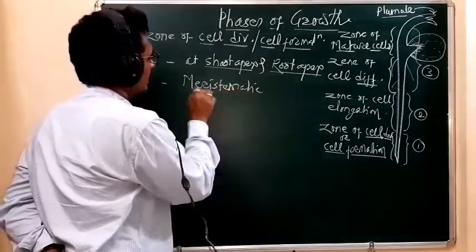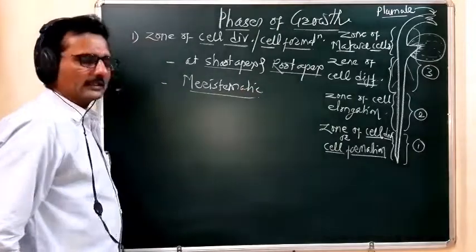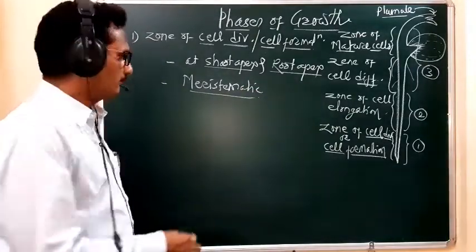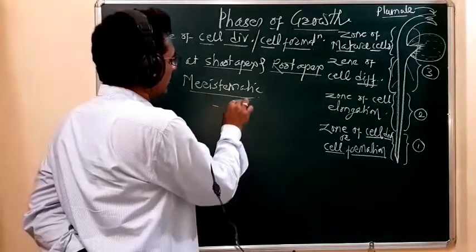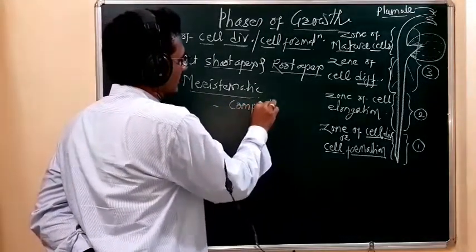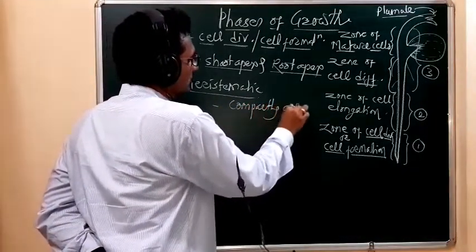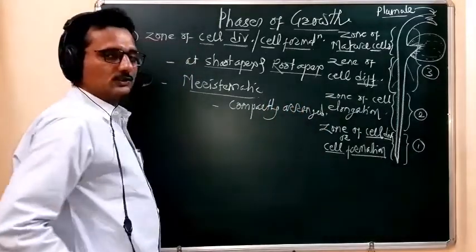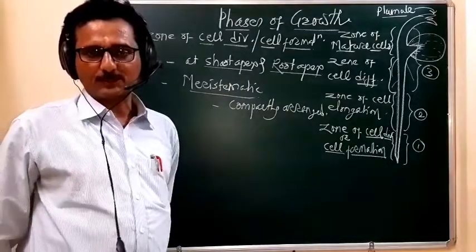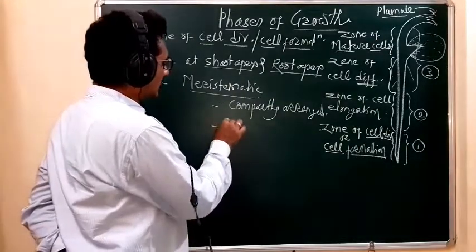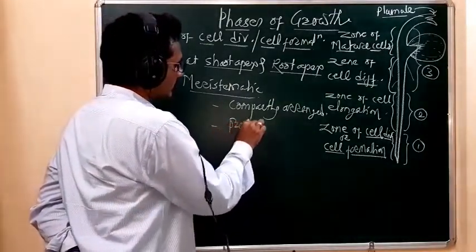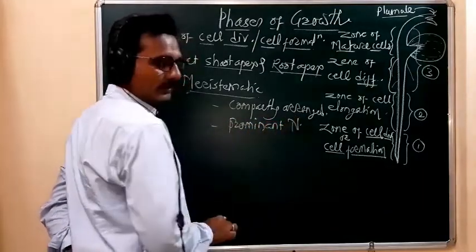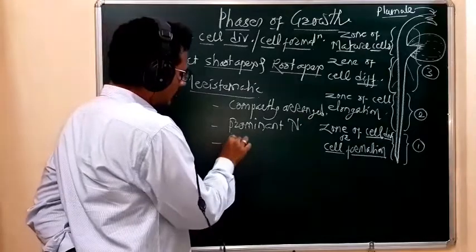What are the characteristic features of the meristematic cells? Remember, students, these cells are compactly arranged. There are no intercellular spaces. They have a prominent nucleus, and they have granular